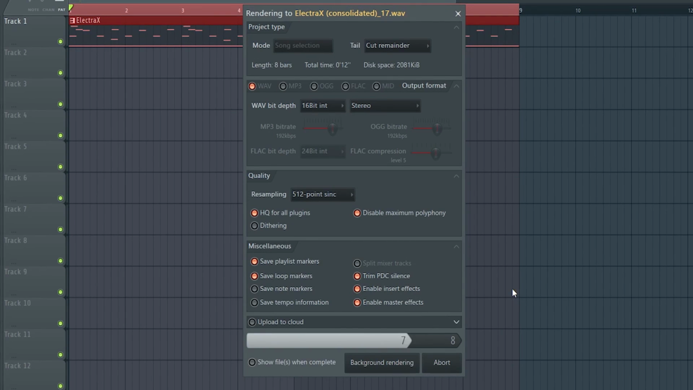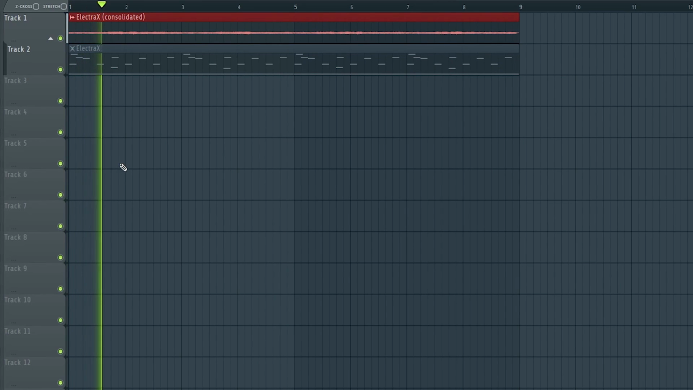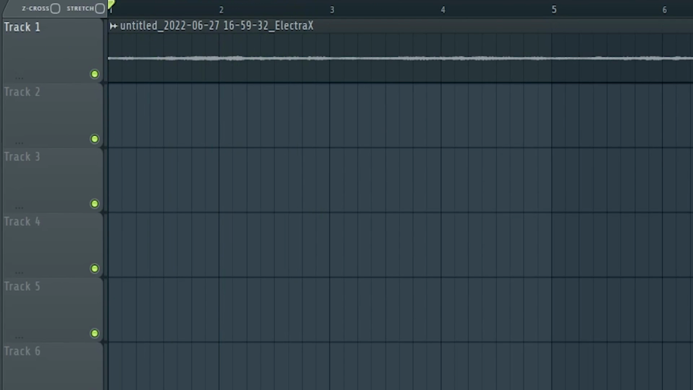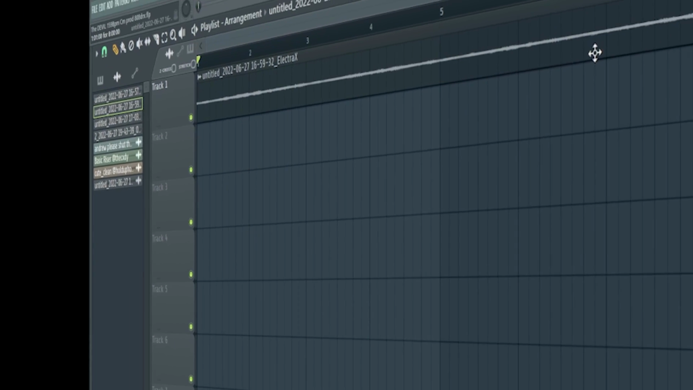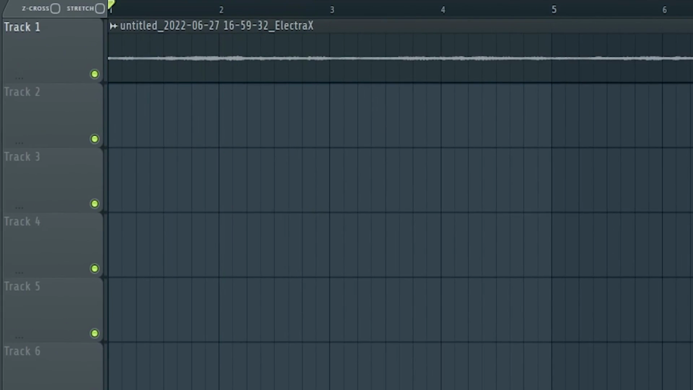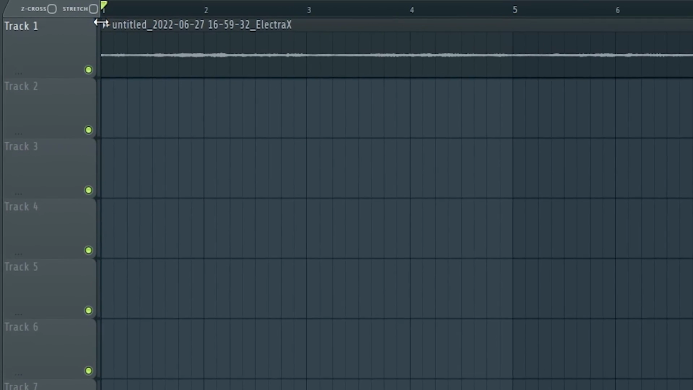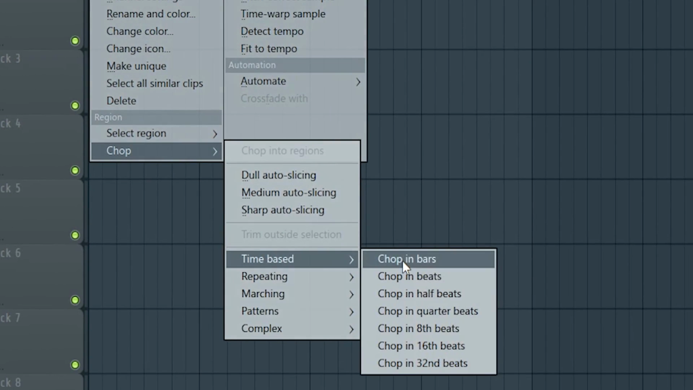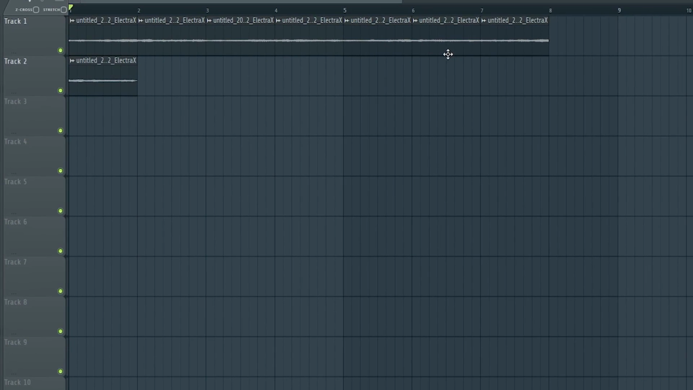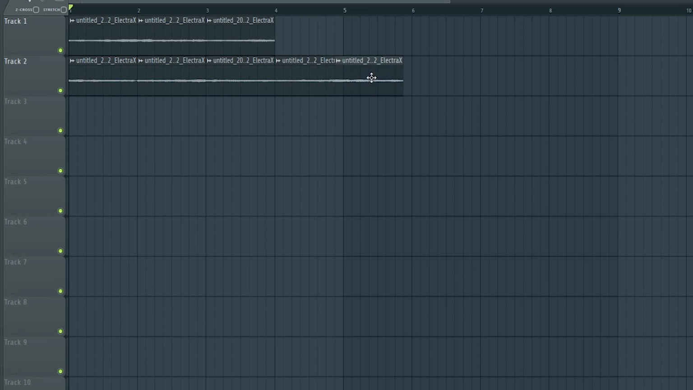I've consolidated this pattern and then reversed it. Now, because I reversed it, the whole melody is backward, so we gotta rearrange the melody. Click on the wave icon on the top left corner, go to chop, time based, and then chop in bars. Now, starting from the last one, drag them one by one and bring them forward on a new track, in